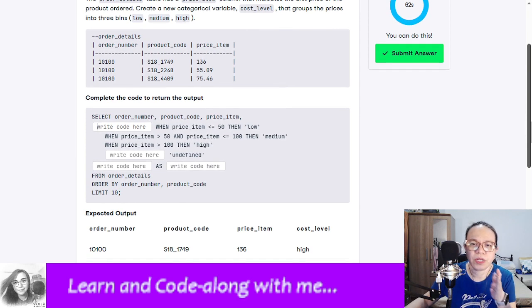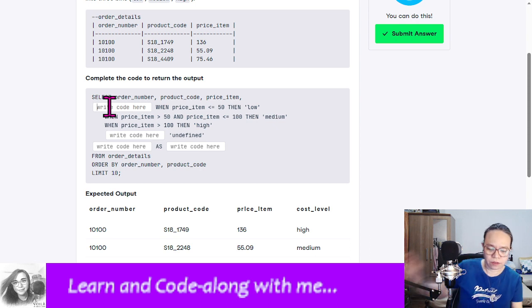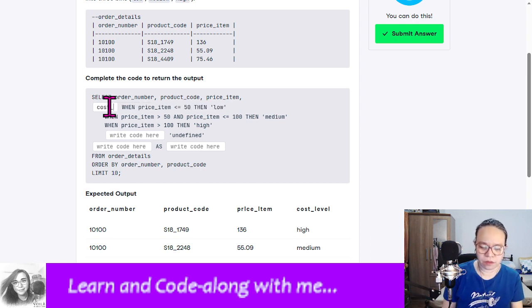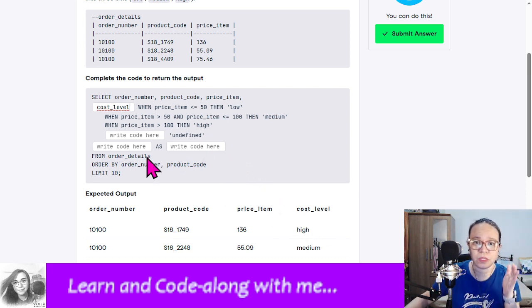Order number, product code, price, item, cost level. Yung price item is